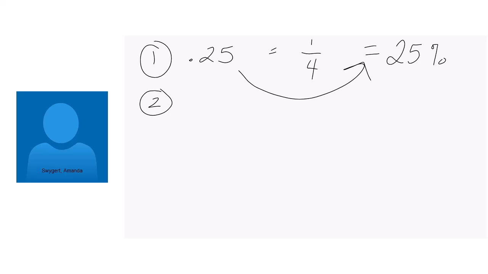Okay, let's try a decimal that's a little bit harder. 0.25 is a common one. Let's do 0.68. This is going to use, I guess, information about place value within your decimals. I think that would be the easiest way to understand this. When you have the first spot of a decimal, remember, this is called your tenths place. This is called your hundredths place. So if we say 0.68, the real way of reading that is actually 68 hundredths. So if I show that as a fraction, I could say that's 68 out of 100.